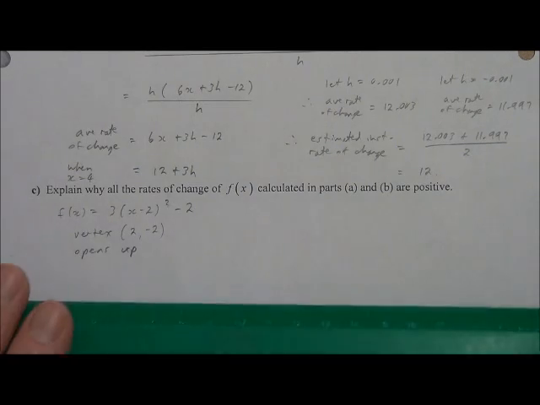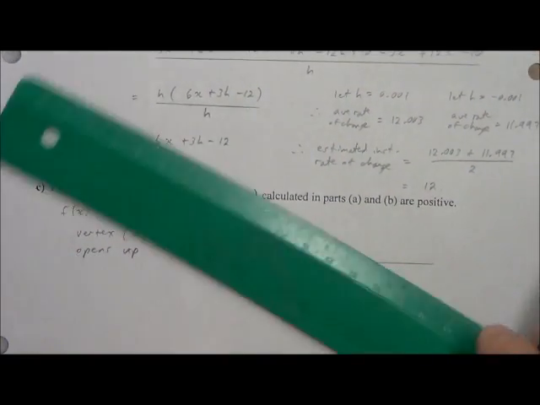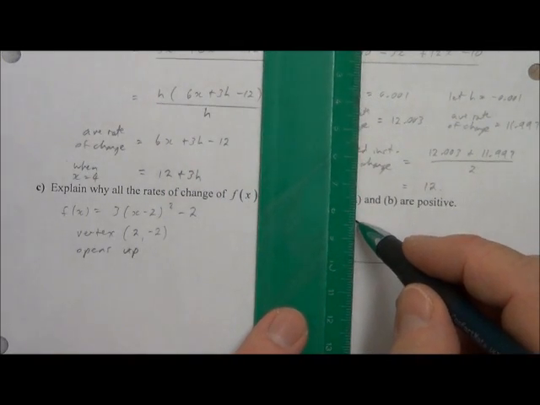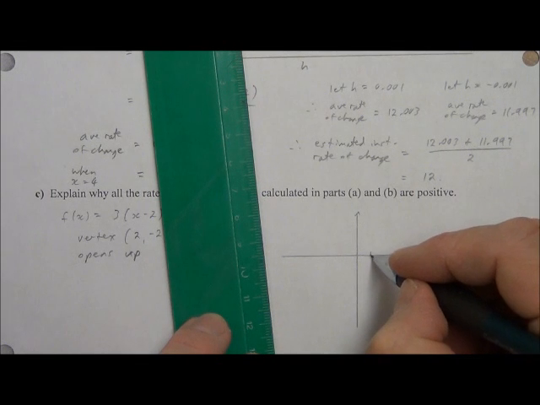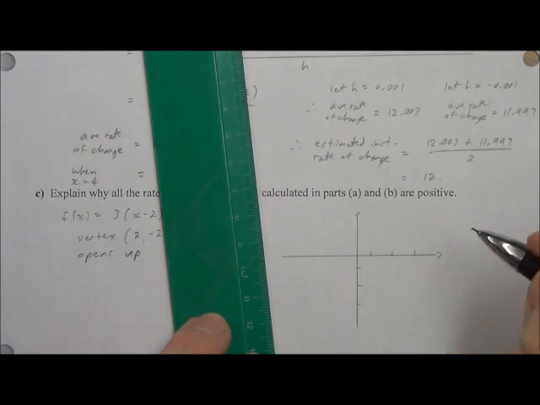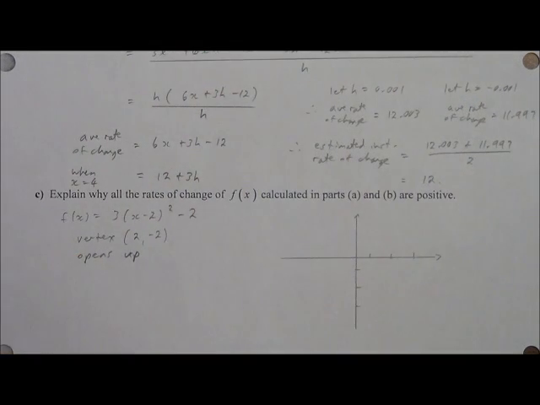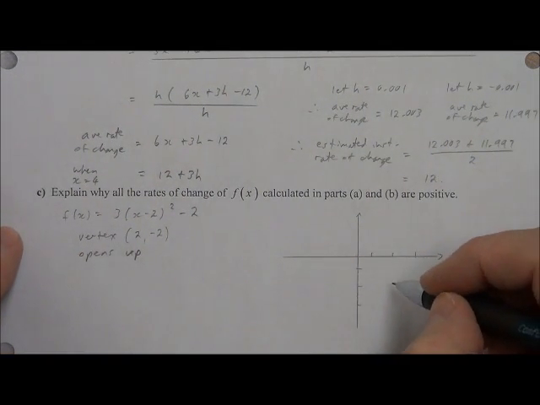And so then I'll just do a quick sketch here. So if I were to sketch this very, very roughly, we've got the vertex at 2 and negative 2,